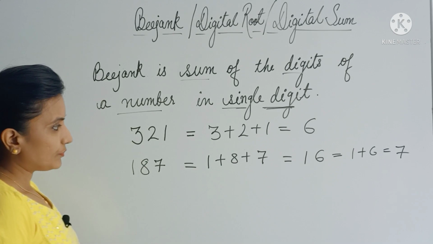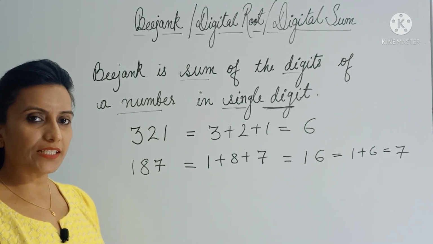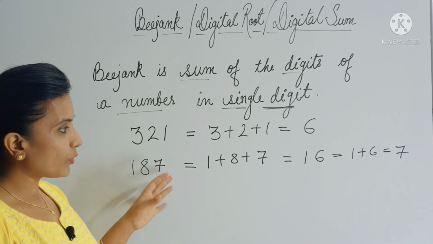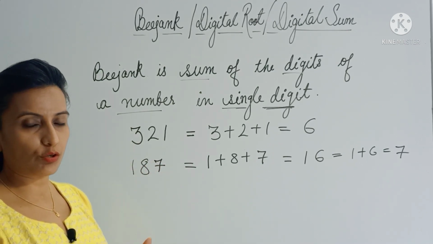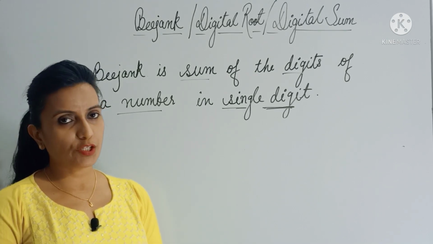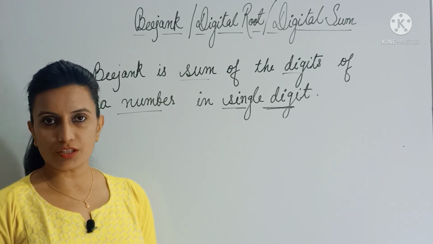Now you must have heard of the lucky number. Even lucky number is calculated using Bijang. Now I will share with you one easier and faster way of calculating Bijang. Bijang remains unaffected by 9. Whether you add or subtract 9 in the sum, the Bijang will not change.